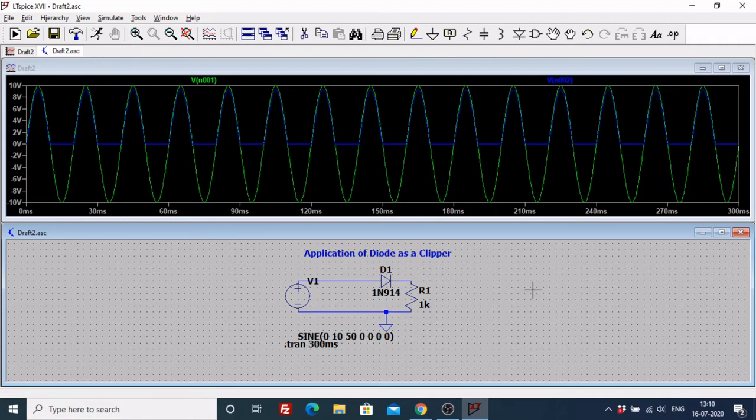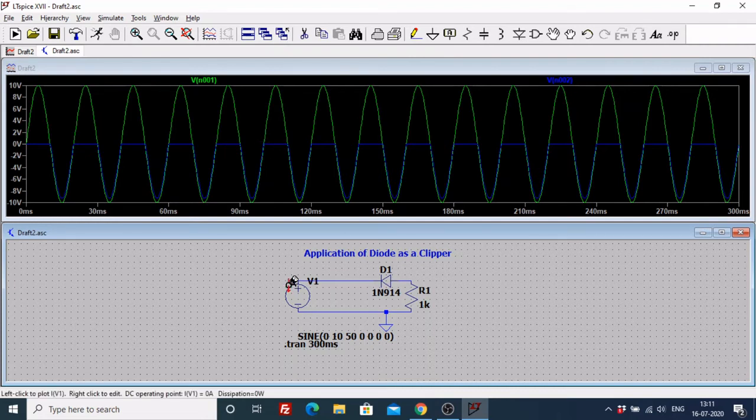What will I do if I want to convert this clipper into a positive clipper? All that you have to do is you'll have to turn this diode. So I go to move, select the diode and get it out of the circuit. Click Ctrl R till you rotate it and get it in the position that you want it to be in. Place it back in your circuit. And now click on run once again. And you can see that my blue waveform is only down over here. So all the positive parts of the waveform have been clipped away.